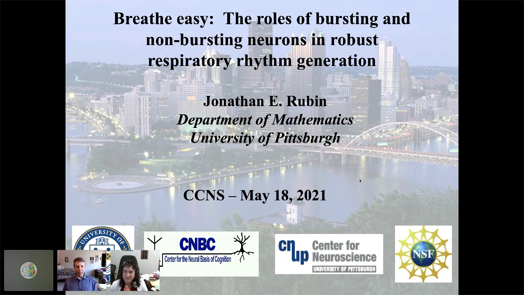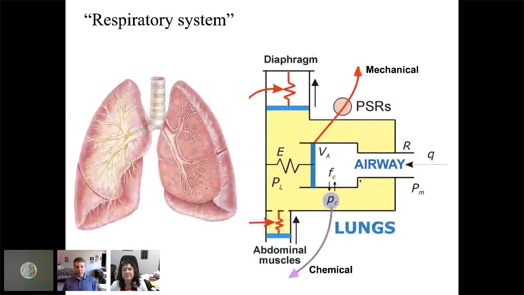So I'm going to talk about respiration. And when we learn about the respiratory system in biology, it's sort of presented as this collection of tubes and bags, right? Tubes and sacs, this very mechanical structure, together with a chemical component for exchange of gases between the lungs and the air that we're breathing in. But really, all of this mechanical structure just sits there inert without some sort of neural signals to drive the muscles to put this thing in motion.